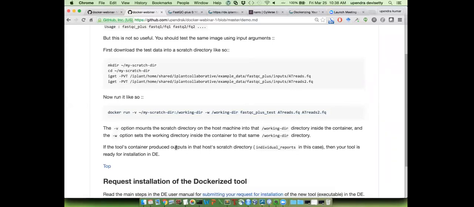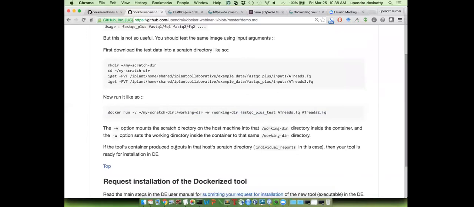This is a little bit hard to understand, but basically what we are trying to do is, rather than moving all the test data into the container or the Docker image, we are trying to mount the current working directory into some directory inside the container, so that you don't need to